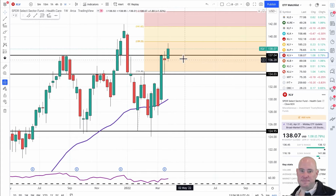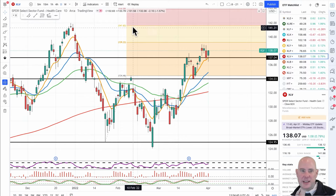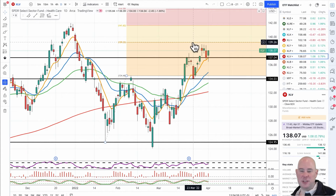XLV, healthcare, still moving up towards that first target on the double. And again, this is slightly lower. It works on the daily, just not evenly. I'm still following this, though. It technically doesn't follow our hardcore rules, but healthcare is very strong, so I am using these as the targets. Next target, 139.23,